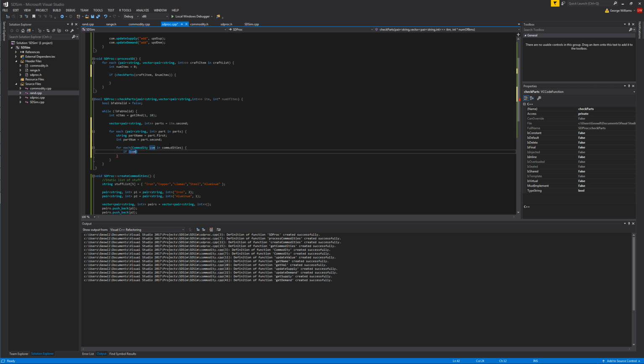So we pull out the name and then the number that we need. So if com dot get name equals part name. So if the part that we're looking at, so if we're looking through this and we pull up iron as the first part, we look through the commodities until we find the commodity element that's iron. Next we say if, so first what we're going to do is we're going to do the negative. So if com dot get supply is less than part num times n items,